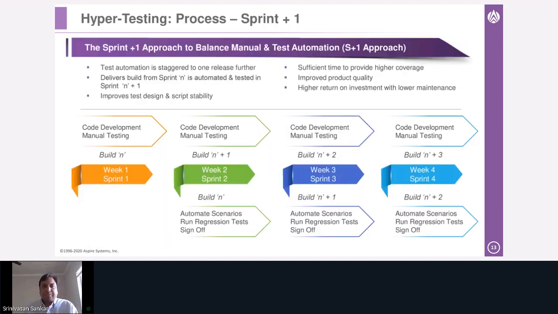All right. So that's on the technology side of things. And on the process perspective, like I said, we had to find a right balance between manual testing and test automation. And we had to go with an approach called a sprint plus one approach. And in this approach,